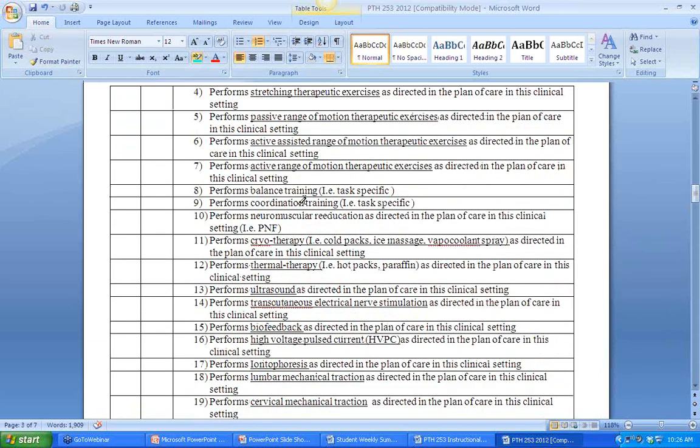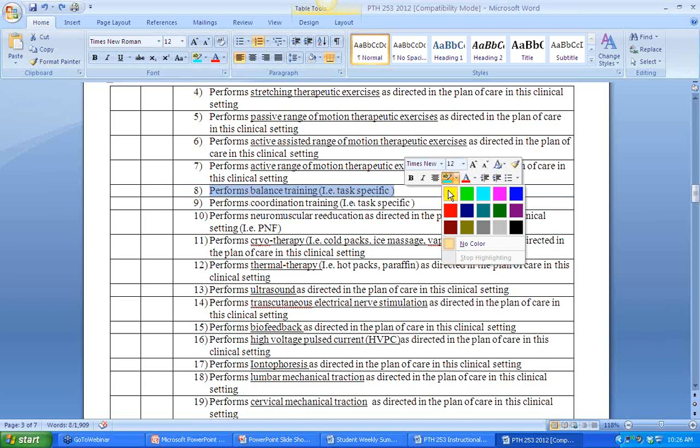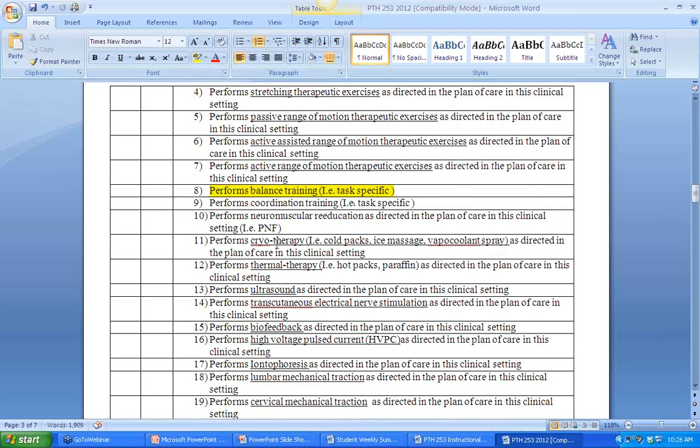We'll see number 8, performance balance training. That is a very simple goal that we want the student to be able to perform balance training. So once the CI understands the student's level of knowledge of what balance is, and why we have balance issues, there are multiple different reasons, then the CI may ask the student,